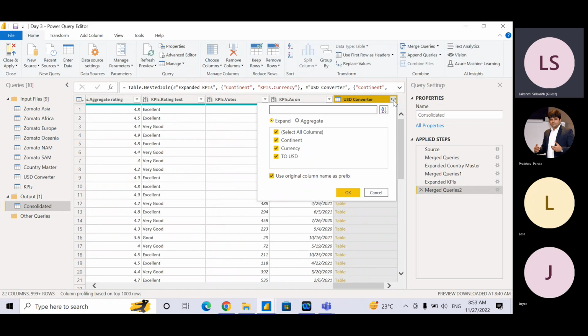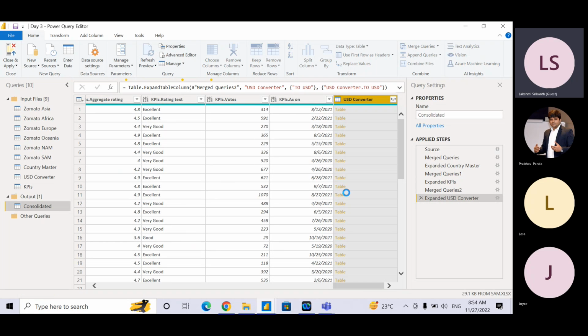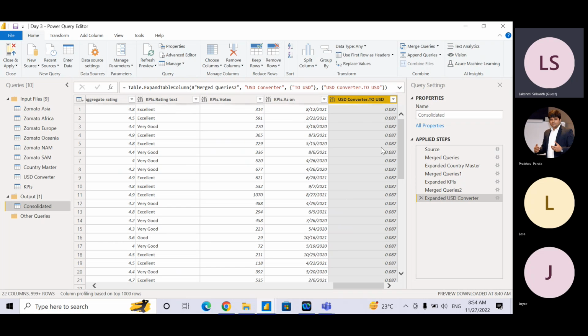I'm going to expand this column, remove the continent and currency, and retain only 2 USD here, and keep this aside. So here I have got a currency converter value. Now at this step, apart from doing this merge query, I have certain columns that I want to do some math calculation over. So I'm changing this particular column, USD converter,